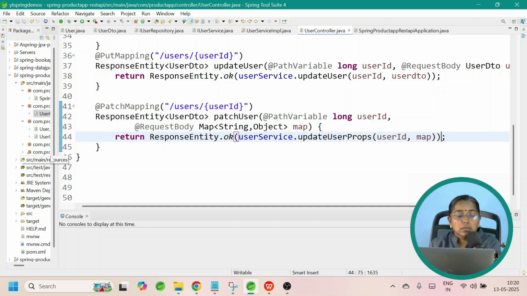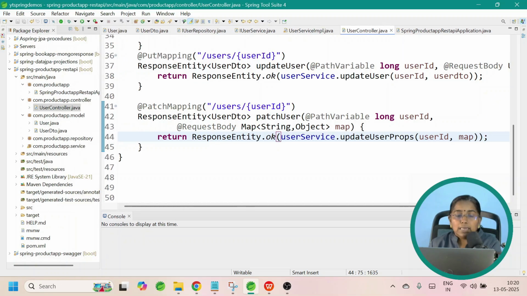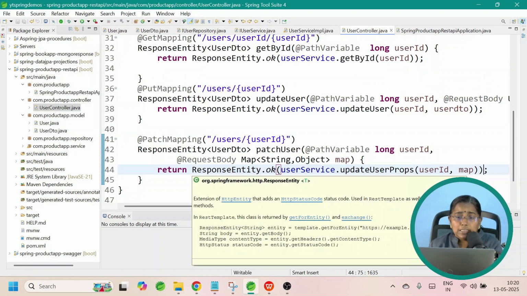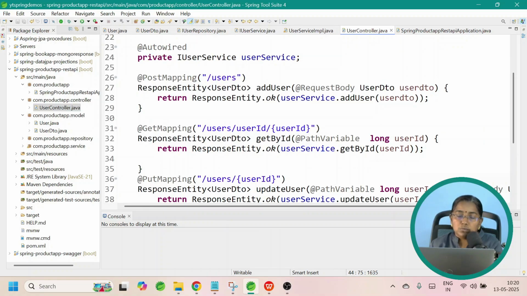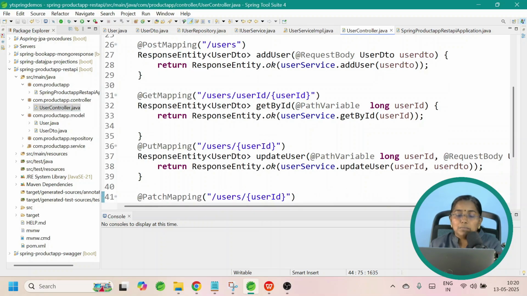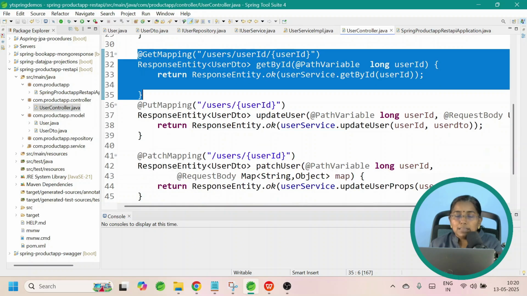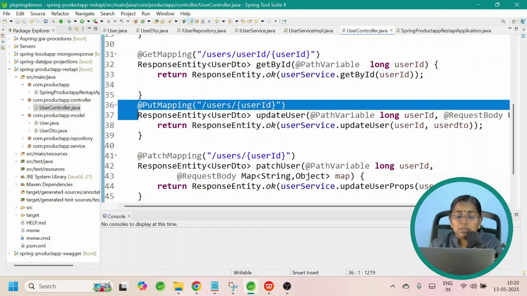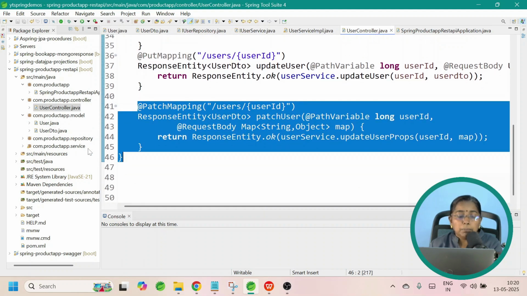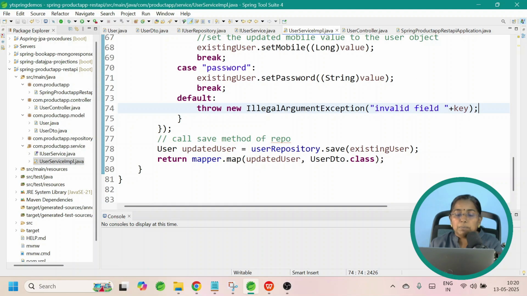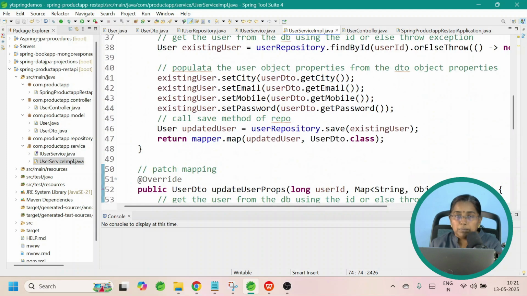Okay. All set now. Guys, just like how you are creating a REST API, I have created it. I have added few users to the database and I am having a method to get by ID. Other than that, I am not having any other method. Just two methods to work on: put mapping and patch mapping. Okay. The real implementation happens only in the service IMPL. So this is the place where we are providing the proper implementation.